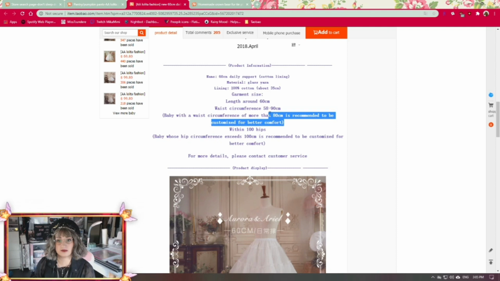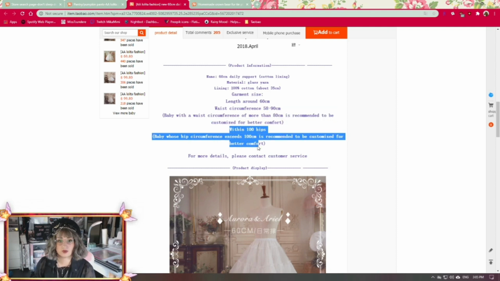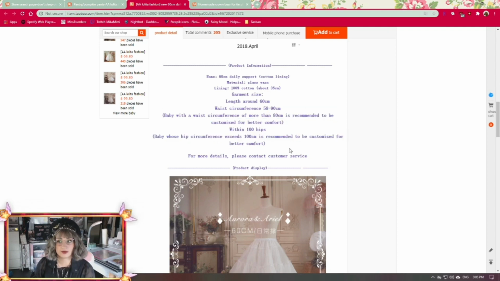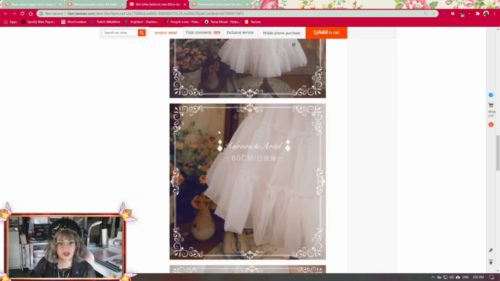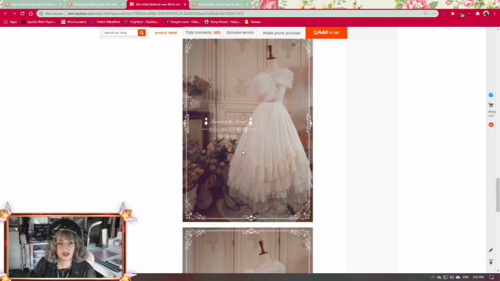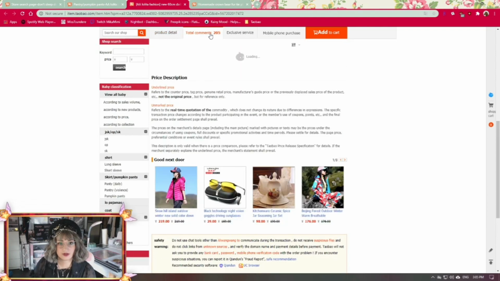So with the 80 centimeters it's optional. With the 100 centimeters, they highly recommend it. It says here for more details, contact customer service. We're going to skip that because I have a better customer service that I'm going to show you. So here's all your information, and then like I said, right here we're going to go to the reviews,